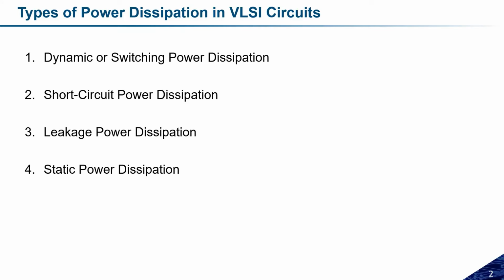Also, suppose I have a CMOS inverter and a pseudo inverter. If you see the CMOS inverter, in the ideal case, whatever input I place, either logic 0 or logic 1, one of the transistors is always in the off state. So ideally we are not getting any path between VDD and ground, and the static power dissipation will ideally be 0.